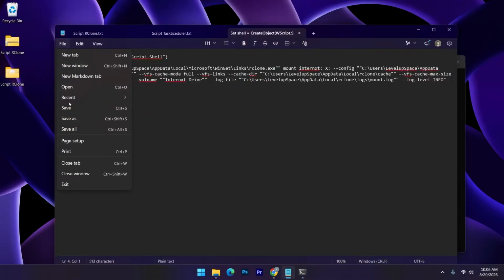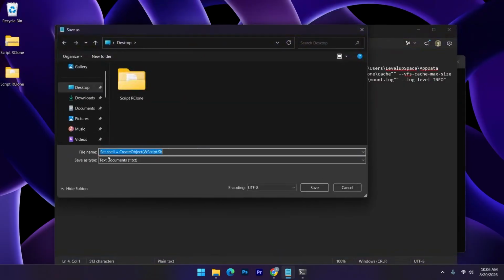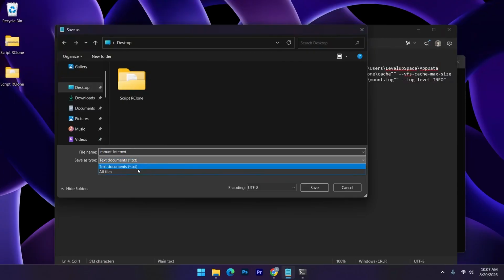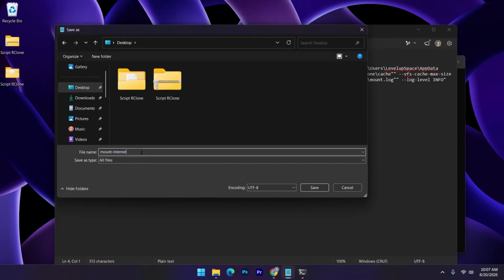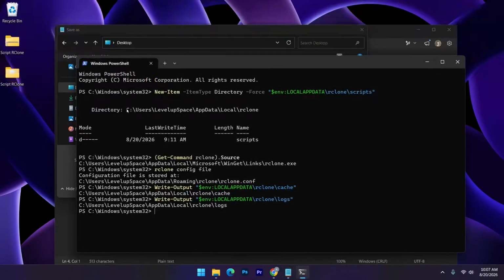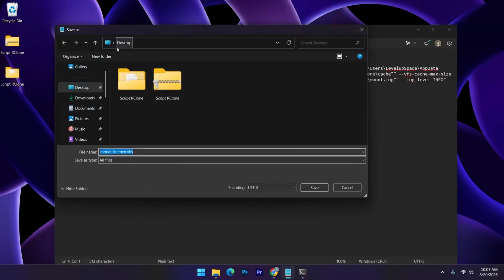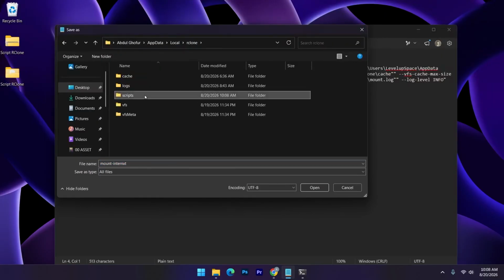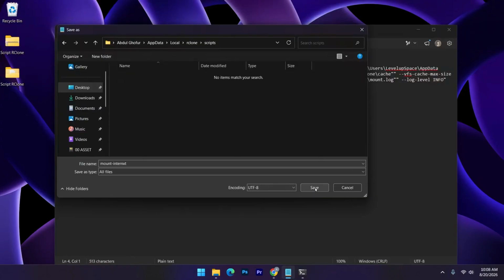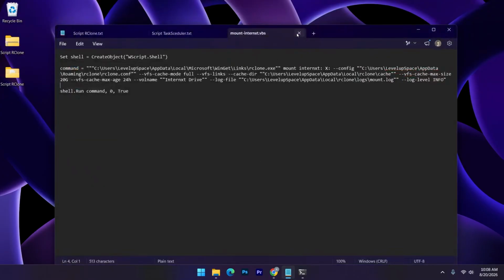After you're done, choose File, then select Save As, and name it Mount Internx. Change the Save As type to All Files, and here add .vbs. For the save location, please go back to PowerShell, copy the directory above, press Ctrl+C, go back to Notepad, right-click on the address bar, select Edit Address Bar, and press Ctrl+V. Press enter, then go into the script folder. After that, just choose save, and you can close Notepad to mount the